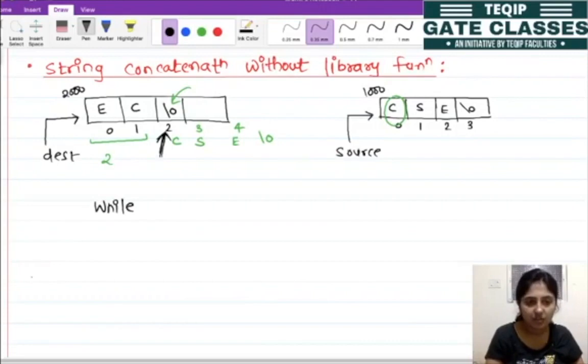Suppose this is my while and this is my destination array. Let's say i, initialized with 0. While destination of i is not equal to the null character \0, then I am simply incrementing i.